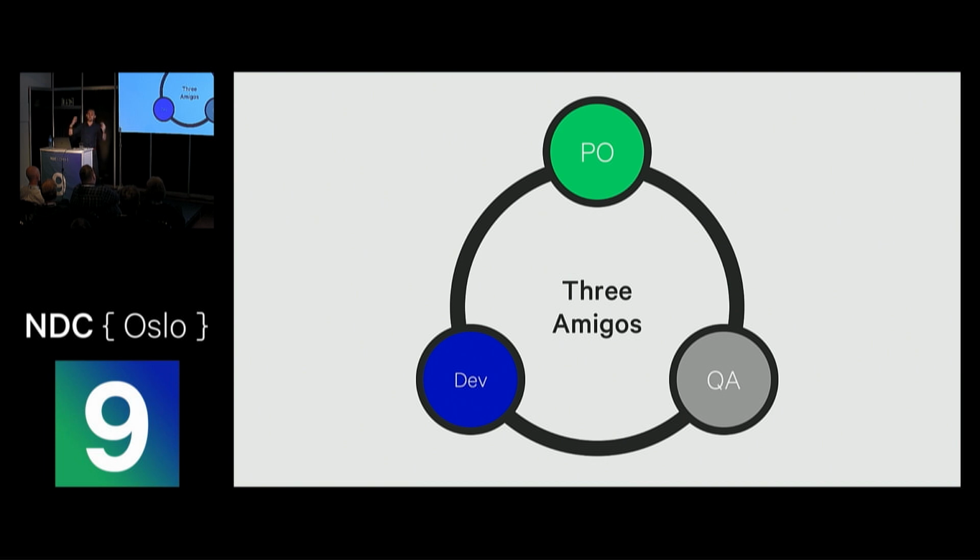So we need to get rid of unit testing, because a product owner, usually a business person, doesn't understand unit testing, as well as the test scenarios from QA. So we need to have one common language that everybody can understand, so they can be on the same page, making sure that everybody knows what they're talking about.